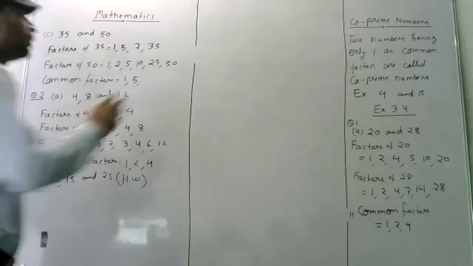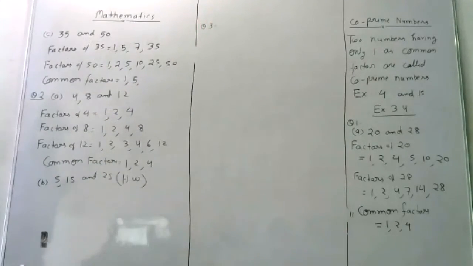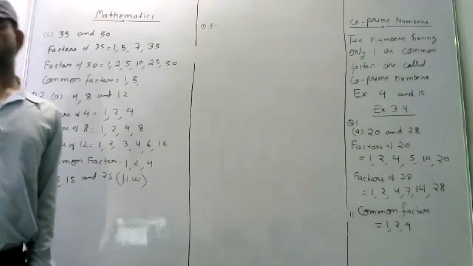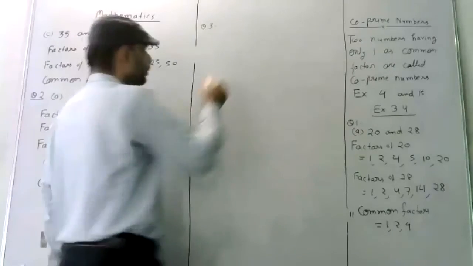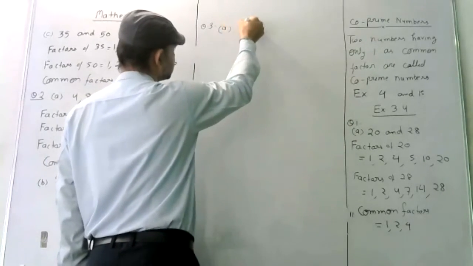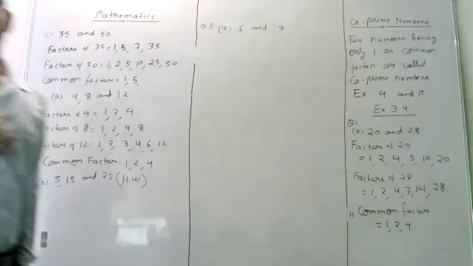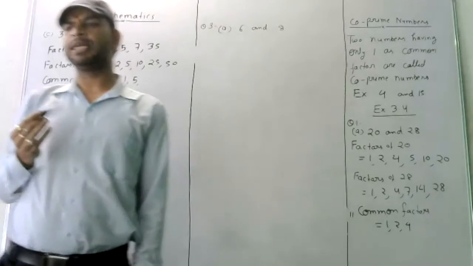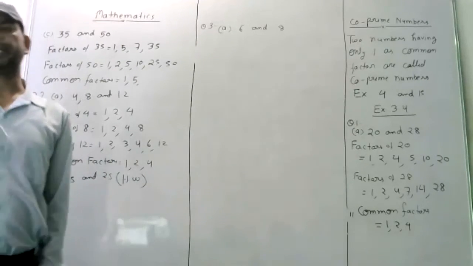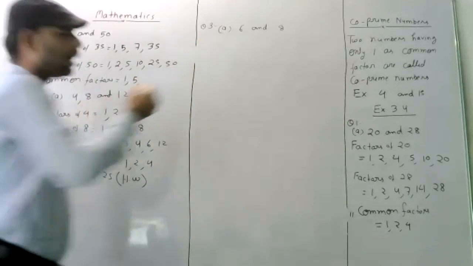Listen. Question number 3. Here students, find the first 3 common multiples of 6 and 8. A portion is 6 and 8. So multiples of 6 and 8. First 3 common multiples. So we will find the multiples. A portion, here multiples